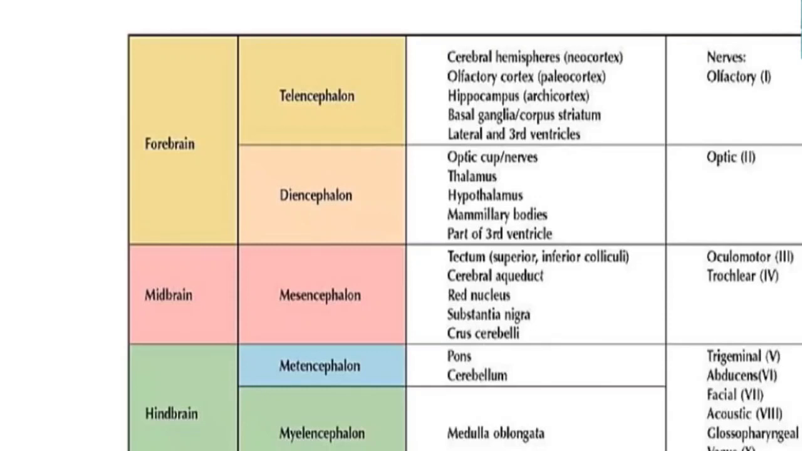We mentioned the forebrain had 2 parts, so it just makes sense that one nerve, which is the first nerve, the olfactory, will come from the first part of the forebrain, the telencephalon, and the second nerve will come from the second part of the forebrain, which is the diencephalon. And the third and fourth nerve will come